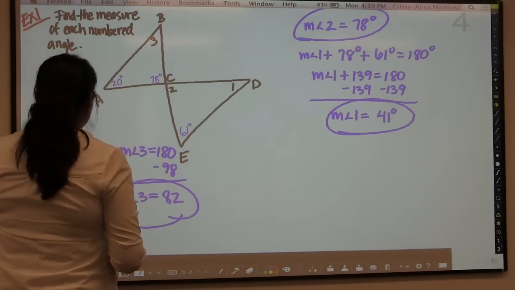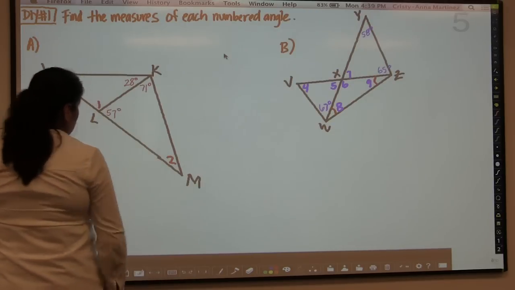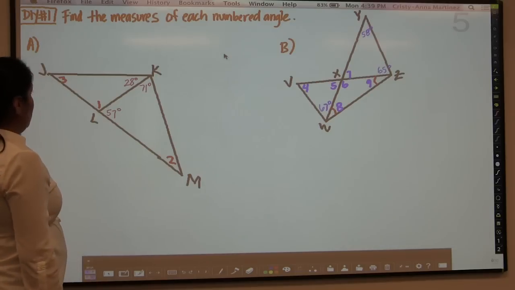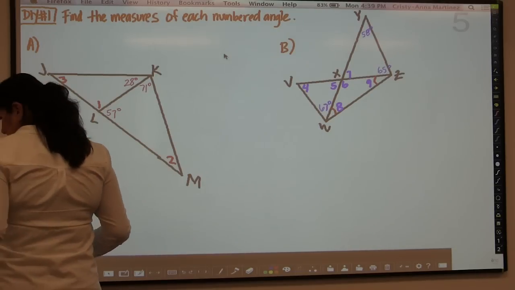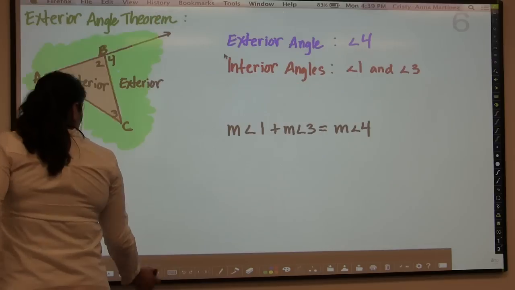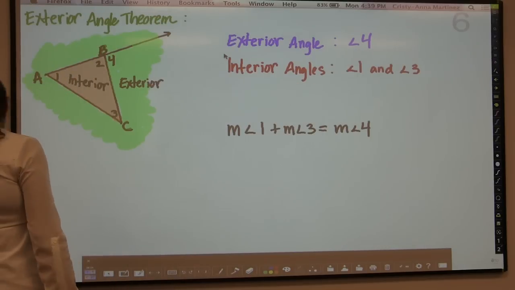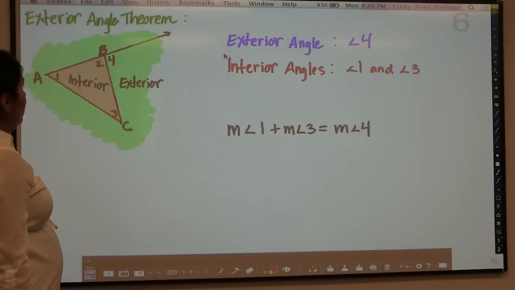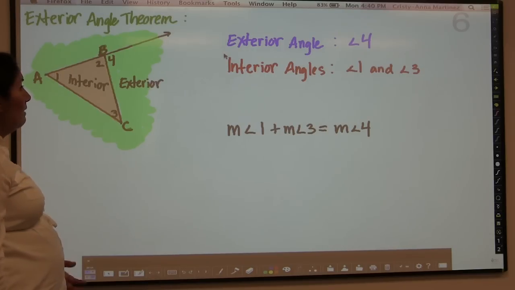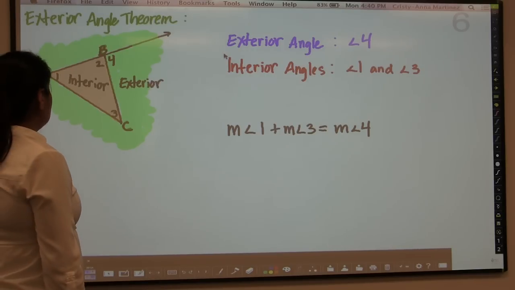values of my angles. So now in this do-it-yourself question, we want you to find the measures of each numbered angle for part A and for part B. And then we will move on to the exterior angle theorem. And this is our second theorem in this section. Really simple theorem. But before we can talk about the theorem itself, we want to make sure that we have